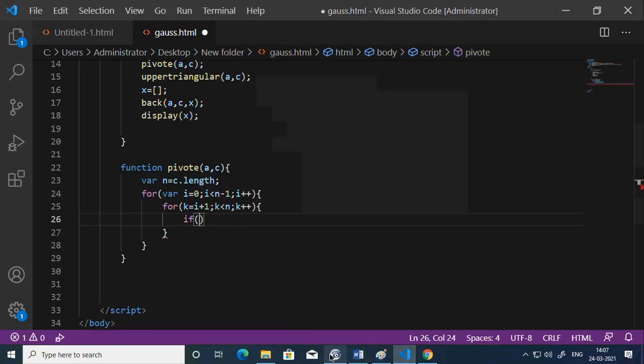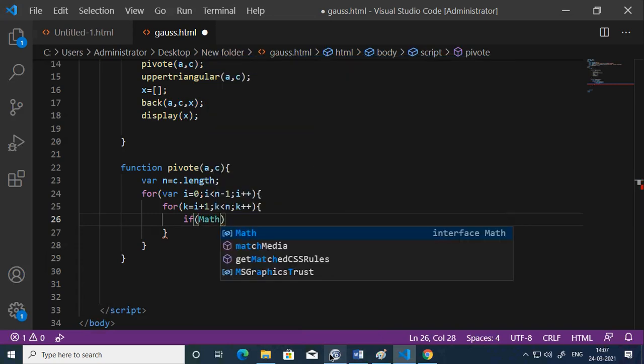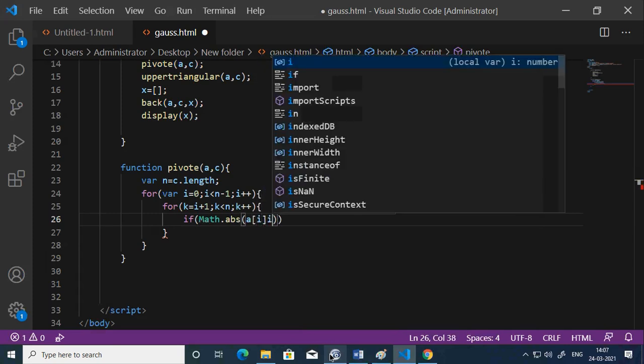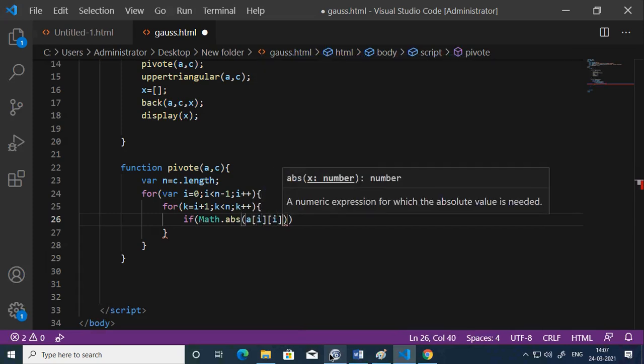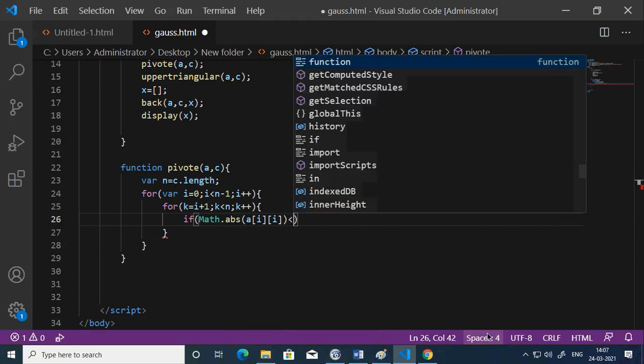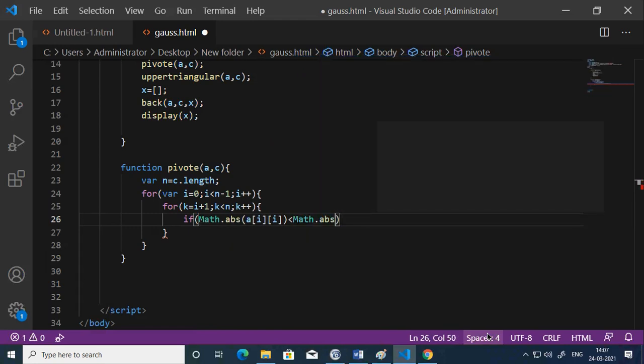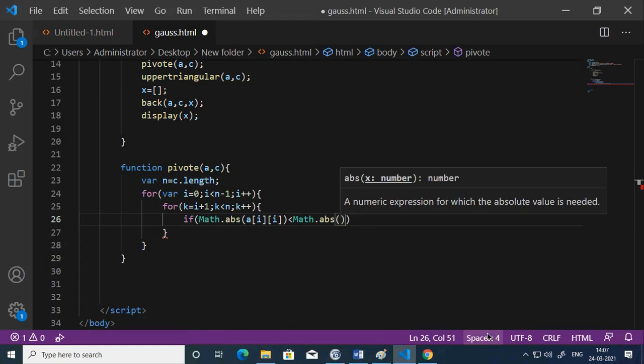So I put if, and I need to check the absolute value. Therefore math.abs of AII is smaller than math.abs of AKI. I am not bothered about sign.